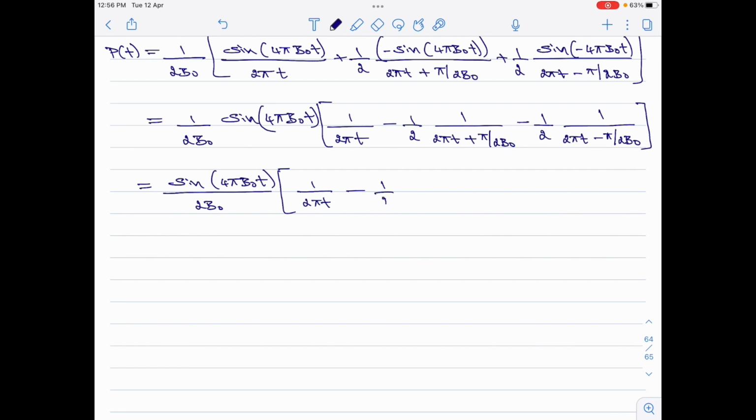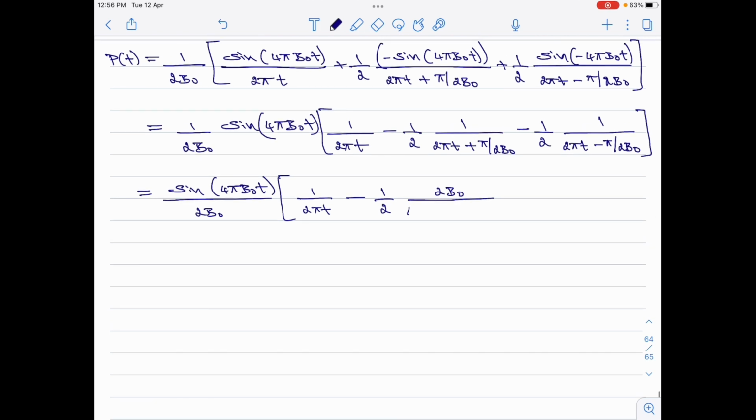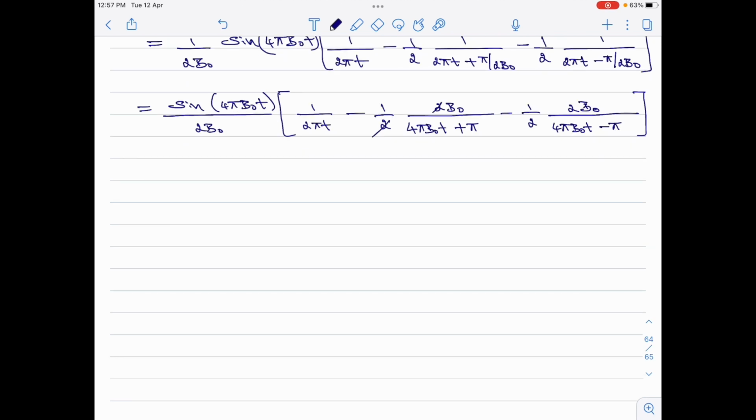So, it would become 1 by 2 into 2 b naught divided by 4 pi b naught t plus pi minus 1 by 2 into 2 b naught divided by 4 pi b naught t minus pi. 2 and 2 here get cancelled, again the same happens in the next term. So, I will now take the pi in the denominator of the last two terms common. So, this reduces to